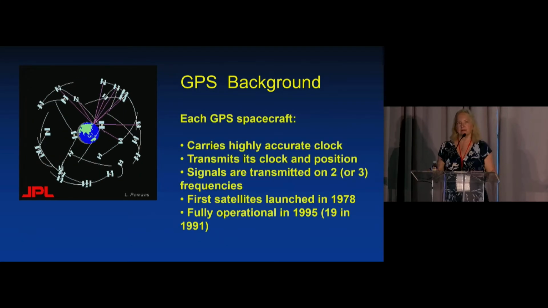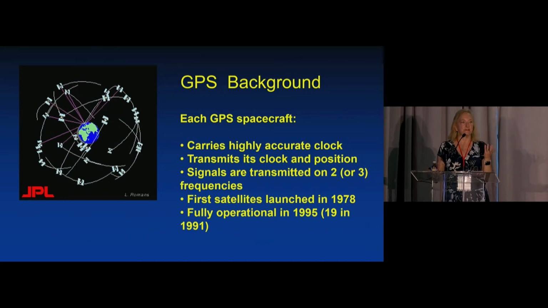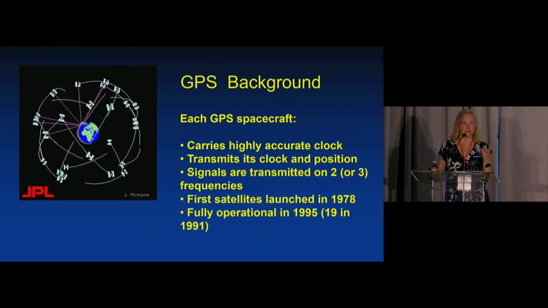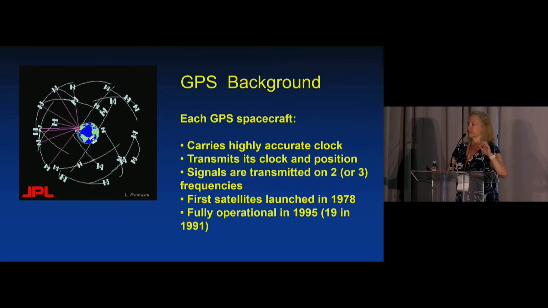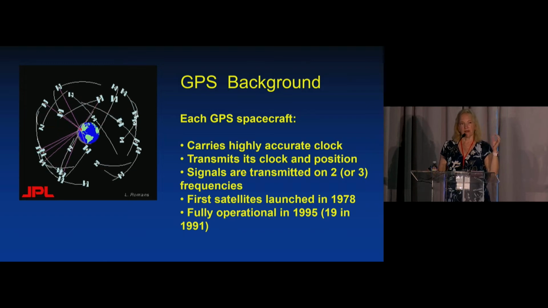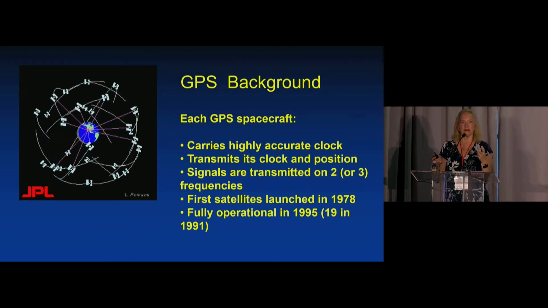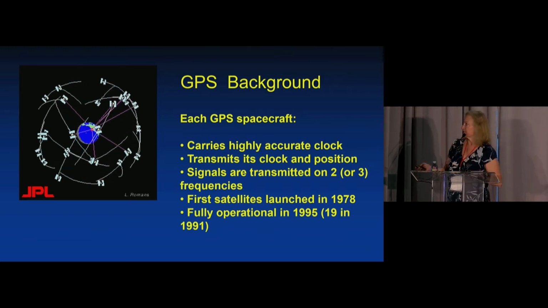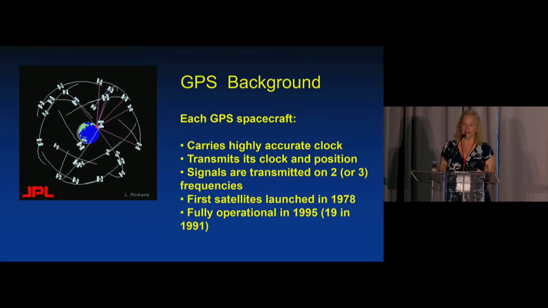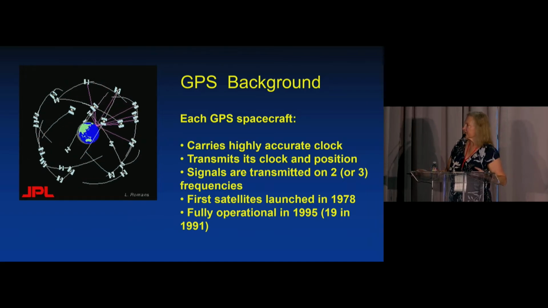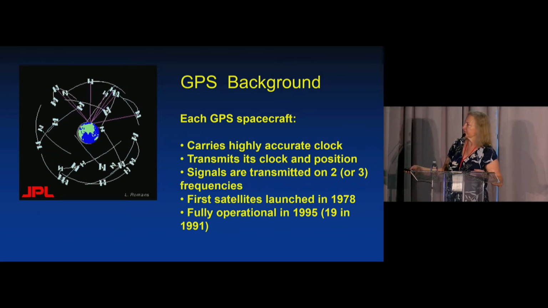But the important thing is that each GPS satellite carries an atomic clock, an incredibly accurate time. And so they're transmitting both their position and their time. And with that, the receiver is able to get that and then calculate its own position. But in addition, because they knew the ionosphere was adding these delays, they designed it so that all of them are transmitting on at least 2, if not now 3 frequencies.